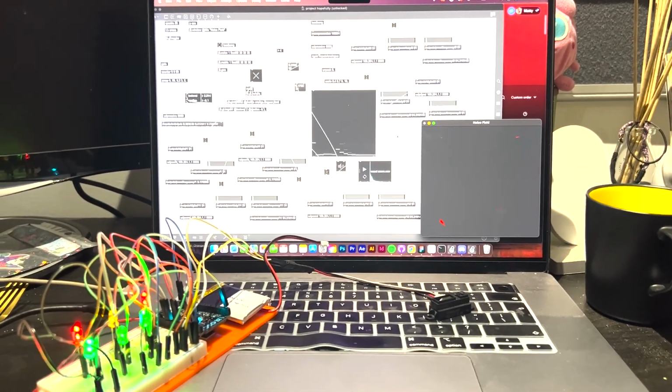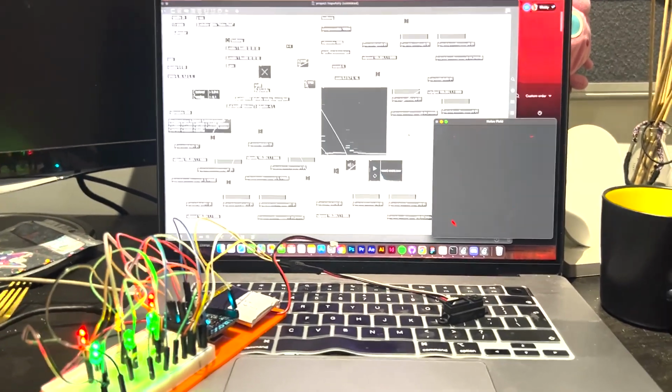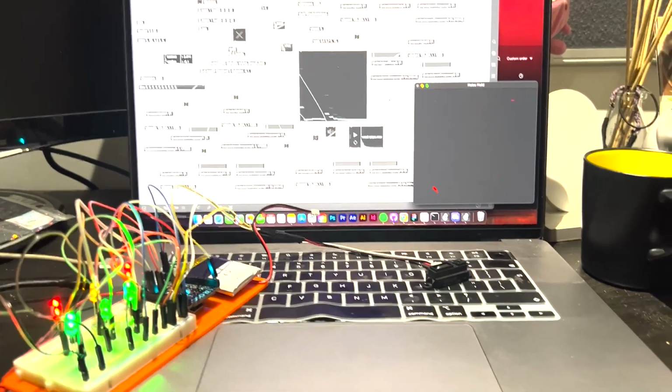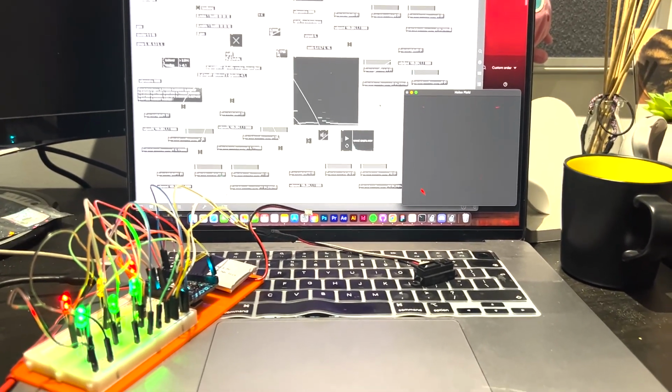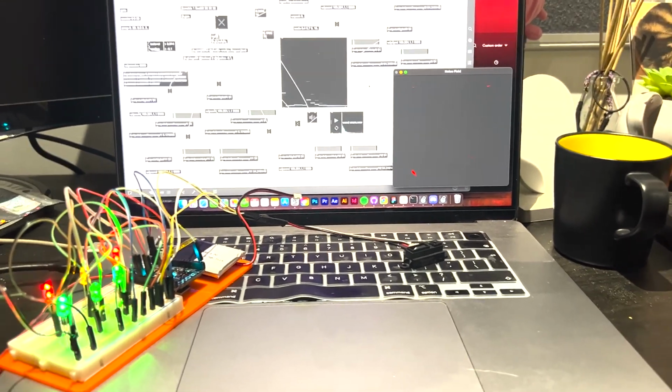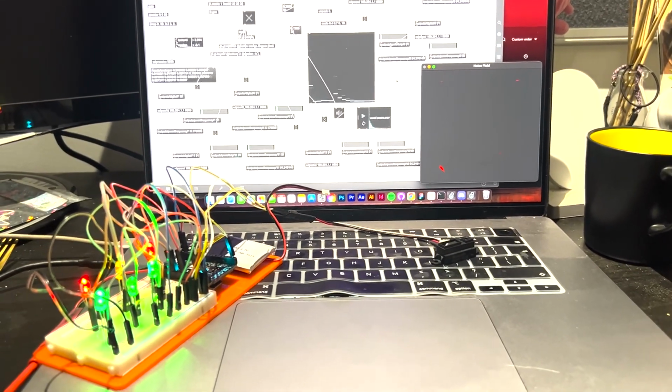My patch is a simple detection tool that can tell how far a person's hand is away from the sensor and react accordingly. The output from this is some LEDs turning off, as well as a jitter render playing on screen and a sound being produced. This is quite a basic but effective interaction, as it is easy to do and the results are clear to see and instantaneous. So as we can see, we have all 6 lights on right now, but when I